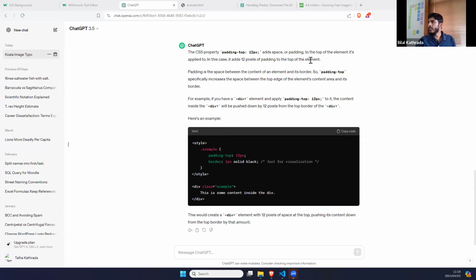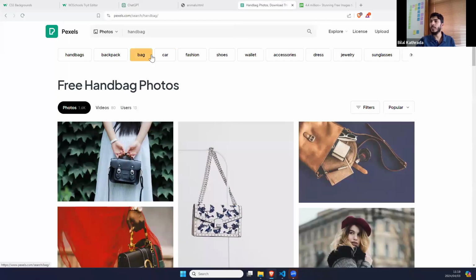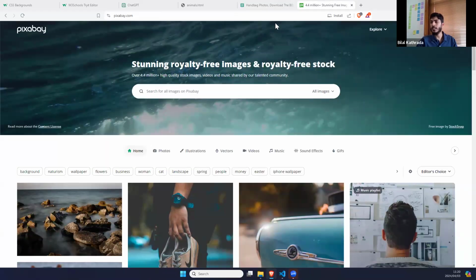Okay, and the final sites I want to show you are some sites to get royalty-free pictures. The sites I like to use are pexels.com and pixabay.com. So when you're working on your projects and you need some high quality images to use, I always recommend using high quality images in your projects,